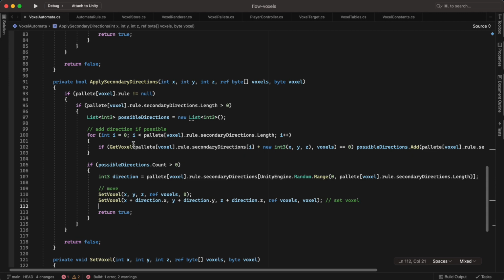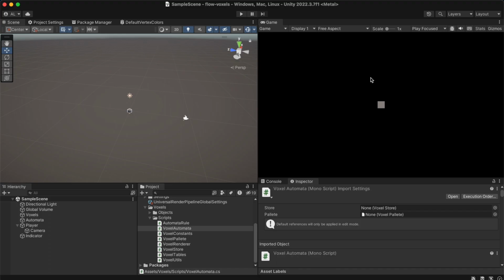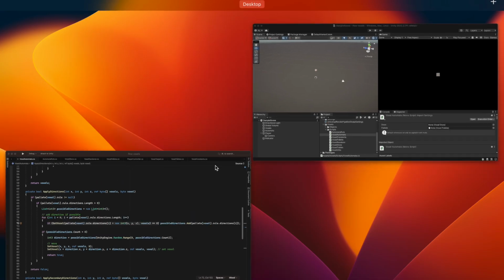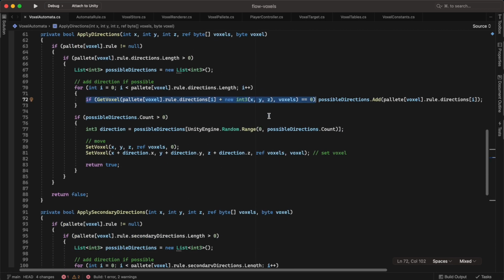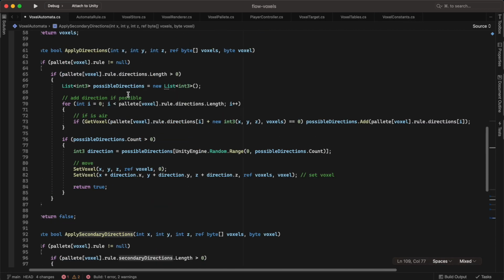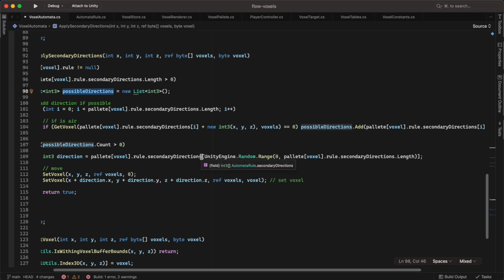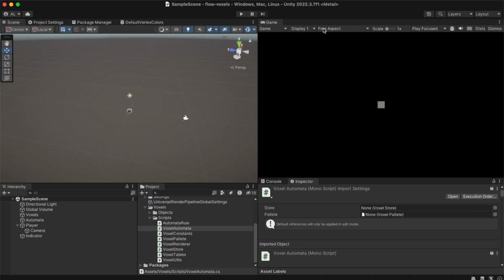All right, so as I was experimenting, somehow water is erasing dirt. So I'm going to figure that out and then I'll get back to you guys. Instead of using possible directions in here like this, I just went ahead and used the original one. So we're doing all this work to get the possible directions for nothing. So just go ahead and change this to possible directions and this to possible directions dot count. And now if we click play,